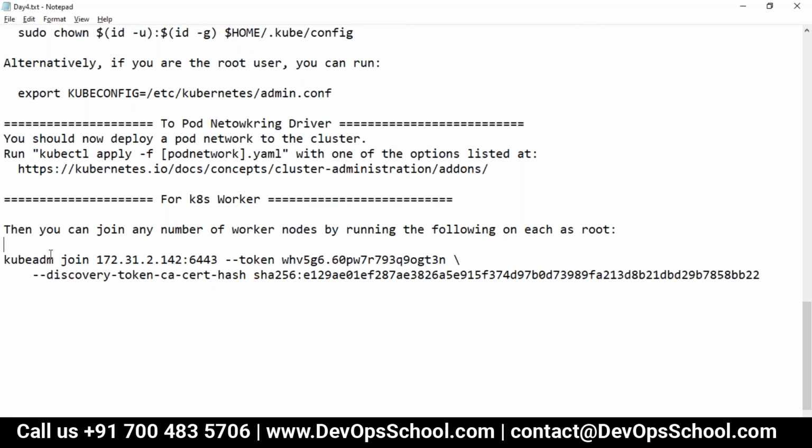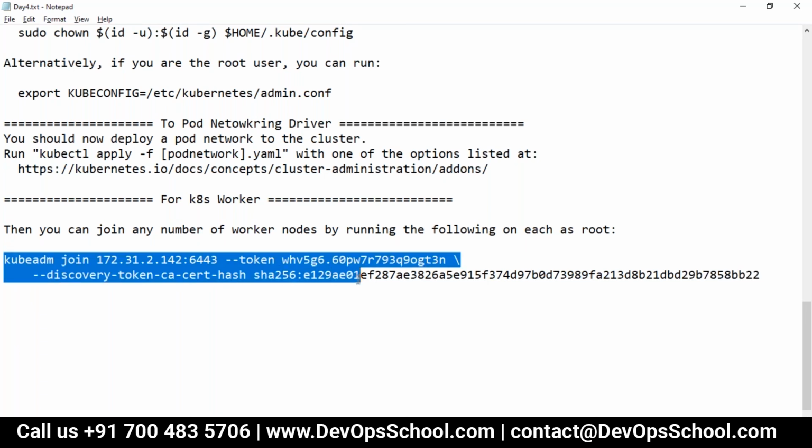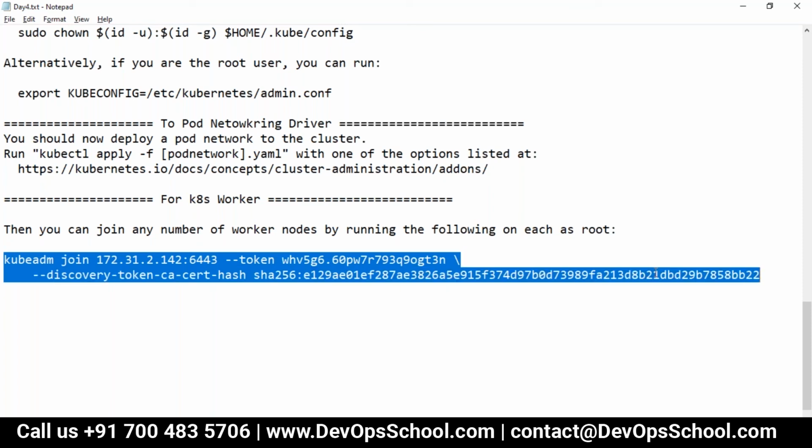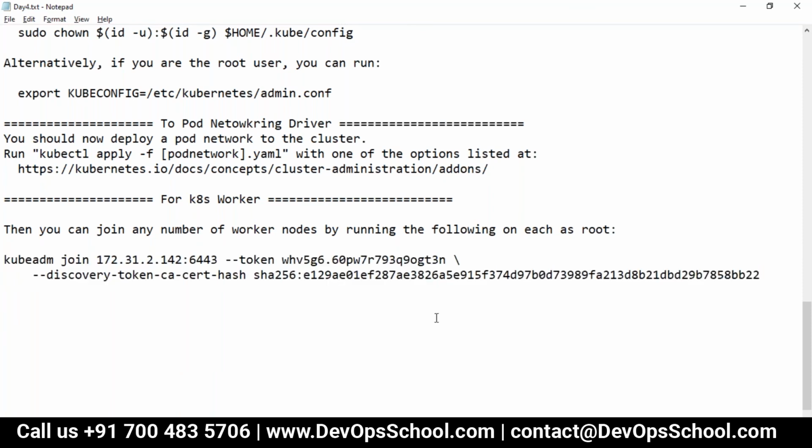Did you understand this command, all of you? It's the same command that will be used for adding as many nodes as you want, just to join them. If you have the prerequisite setup, then only this command you have to run on every node. That's all, nothing else. Remember, the worker decides who should be the master. So here, on the worker, you are running this command. This is your master.